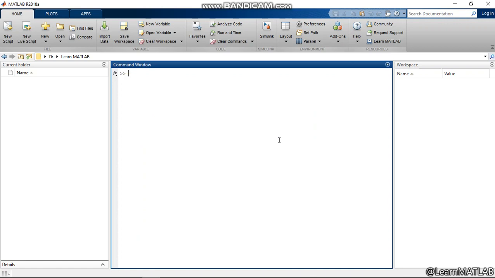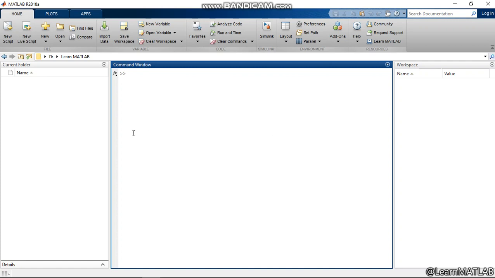In this video, I will tell you about the interface of MATLAB and all of the basic functions that you can perform on MATLAB, how the windows look, and how the command window and workspace communicate with each other. What is every single window that is going to pop up when you start using MATLAB? So this is the current interface that we have.